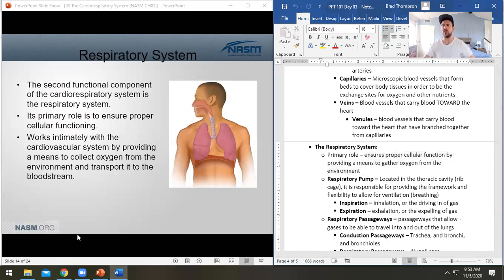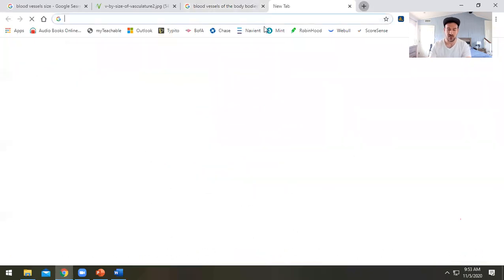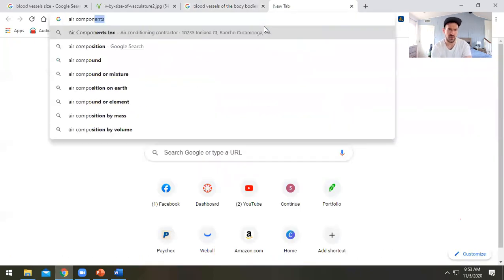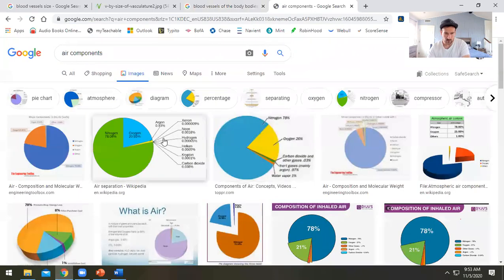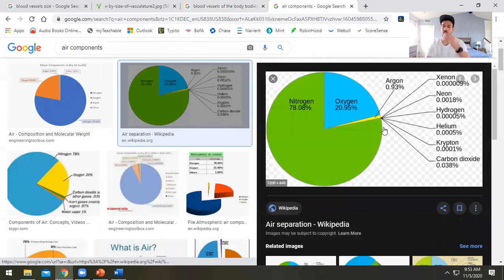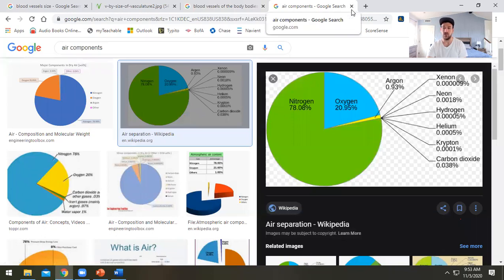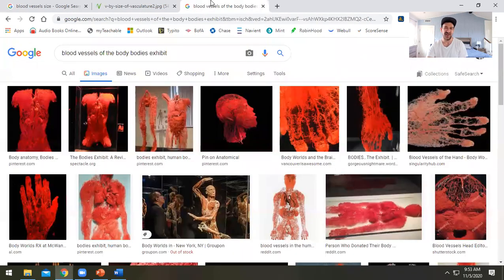environment. Here's what's weird about the air that we breathe every day. Most of the air, guys, is actually nitrogen. I always forget how much it's supposed to be. I need a pie chart. Yeah, it's only about 20% oxygen. Like 78% of the air is nitrogen. 20% of it is oxygen. Then there's like helium and hydrogen and even things like krypton in the air, like little tiny radioactive elements in